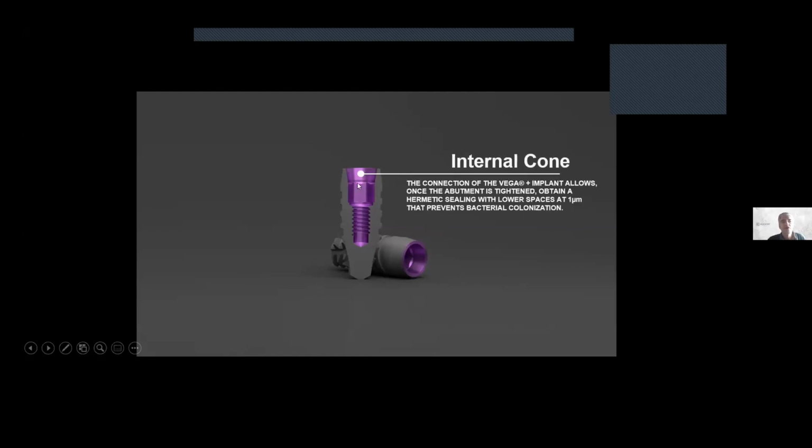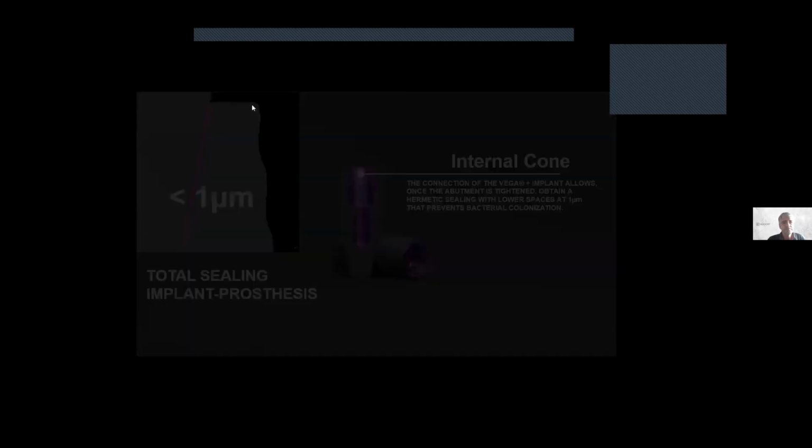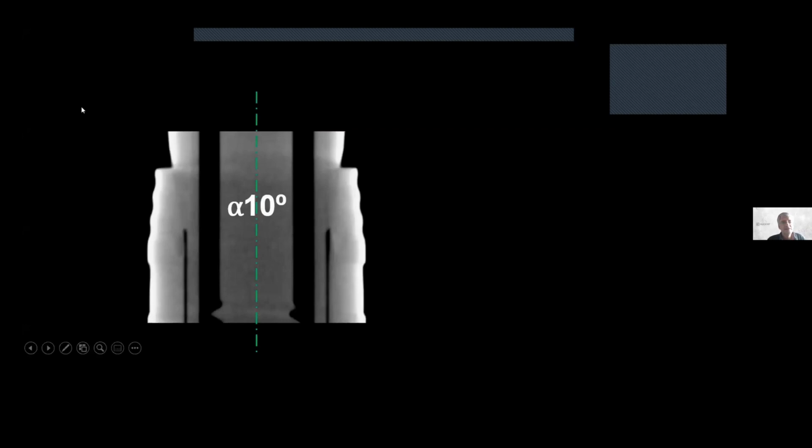Okay, the internal cone gives perfect fitting and perfect sealing. So it will make like a cold welding of the restoration. So there will not be microfiltration. This is critical for the bone stability. You can see here, it's a 10 degree conical design